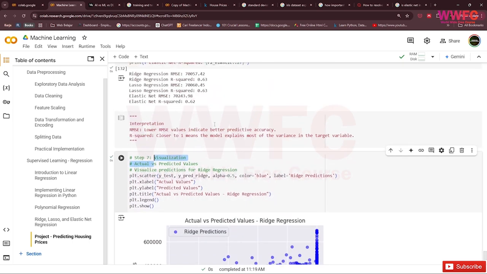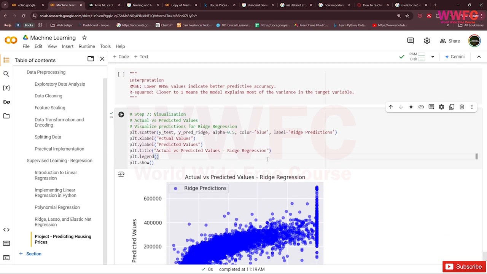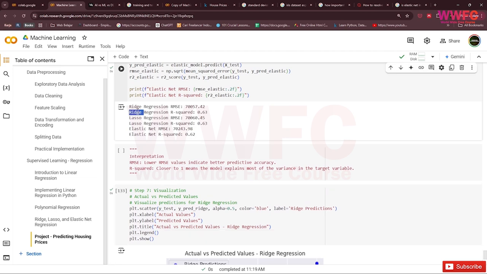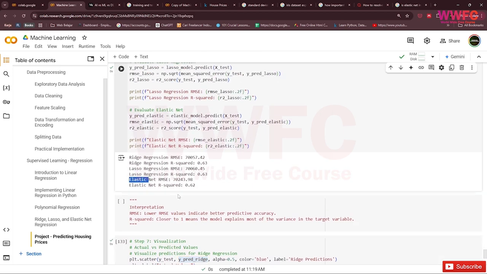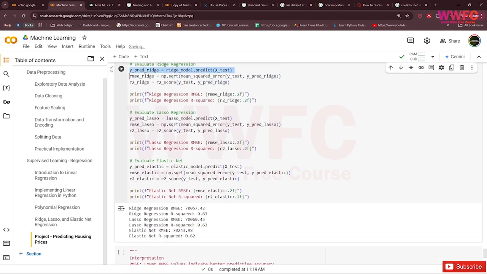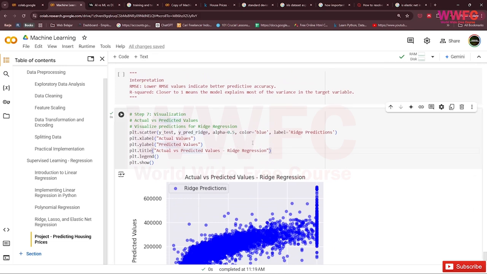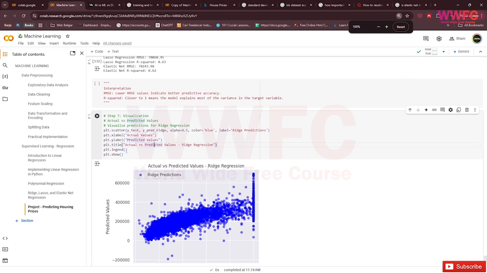So yeah, we use ridge prediction because ridge is much better than lasso and elastic net, right? So we use Y-predict ridge in here. So yeah, this is the difference between Ridge and the others.